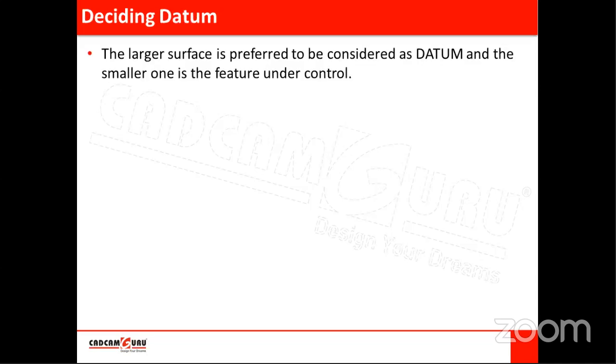Then one more important point to note in parallelism is how to decide a datum. So we have discussed that now. Here we have to talk in a particular sequence, meaning one surface is to be parallel with the other. So while defining this parallelism requirement, we have to mention that sequence also. So datum,